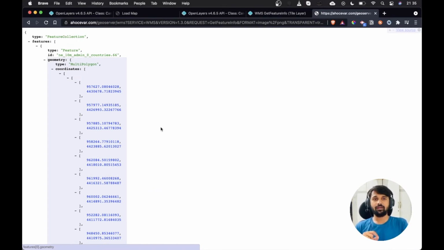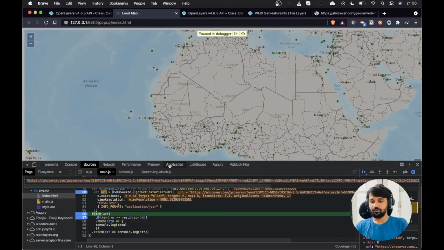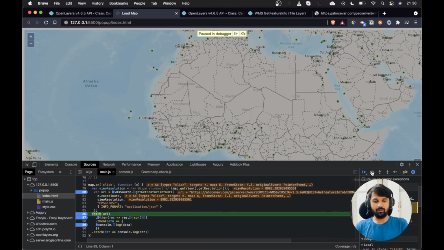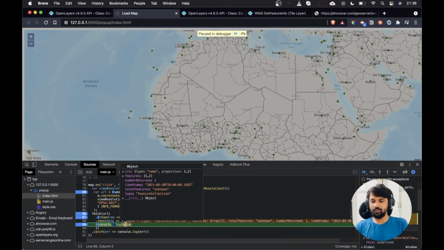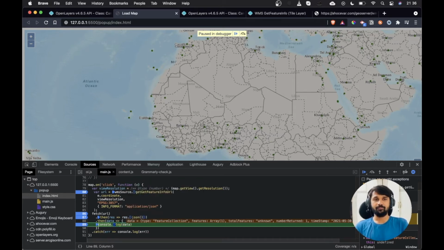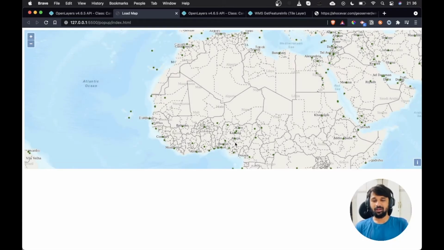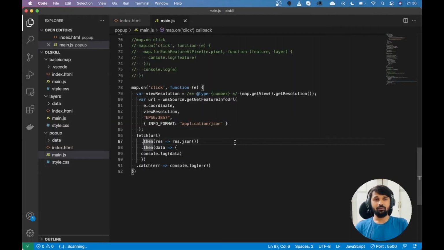This is what we will get as a response from our onClick function. So if I again put a debugger here and click on next, you can see that we got the data in GeoJSON format. So this is how we can also fetch the data from a raster layer. We have noticed that we can get the data from a vector layer, and we can also get the data from a raster layer. Now the final part is putting this data inside a pop-up and then showing the pop-up wherever we are